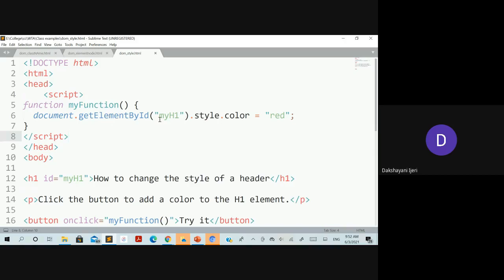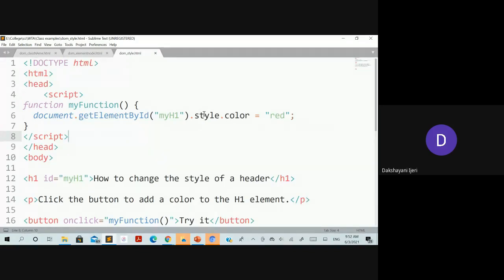Whenever you access any section of the HTML, you may want to do something with that element. So I want to apply a style, and that's why it is taken as dot style. And with the dot, which style do you want to apply?